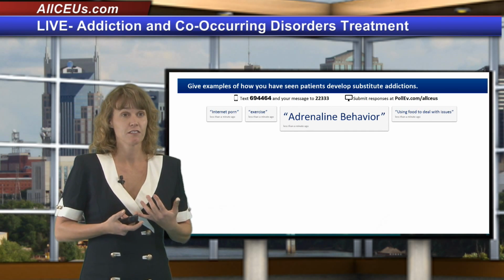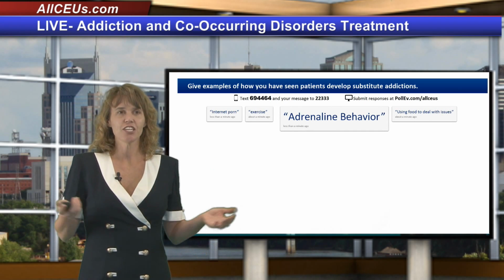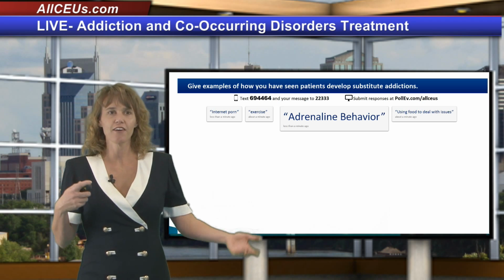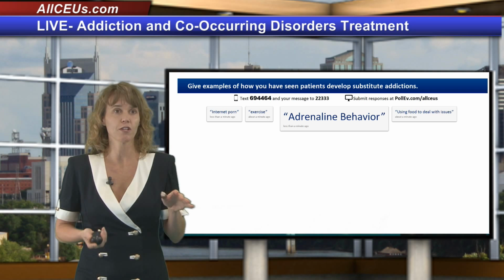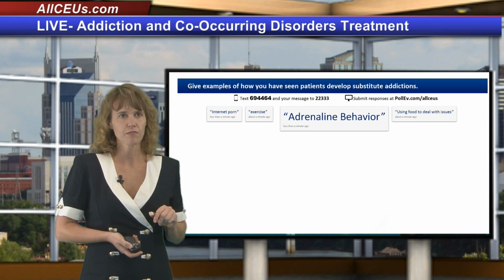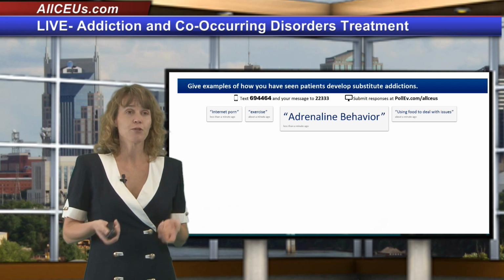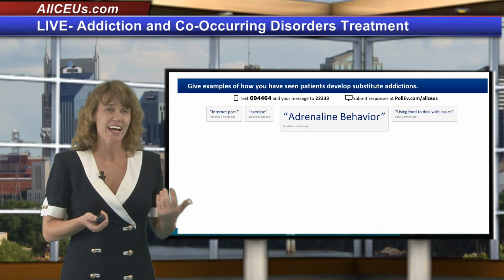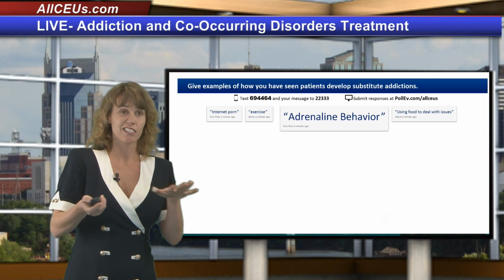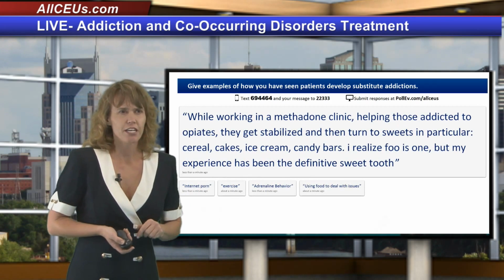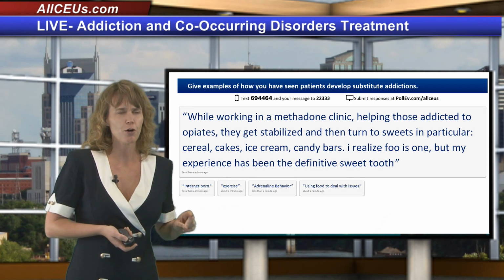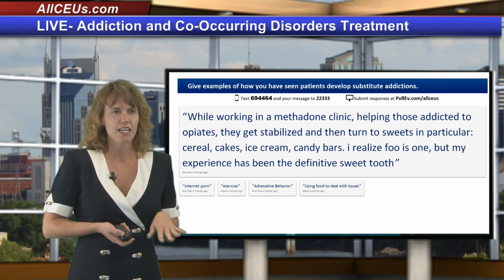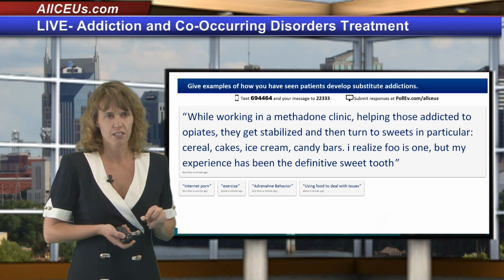Adrenaline behavior. Going out and engaging in different types of risky behaviors in order to kind of get that rush from feeling like you're in control of your own destiny. And for someone who is an addict, and we know that addicts tend to be somewhat on the side of control freaks, there you go. Hello. While working in a methadone clinic, helping those addicted to opiates, they get stabilized, then turn to sweets in particular. Food is one,